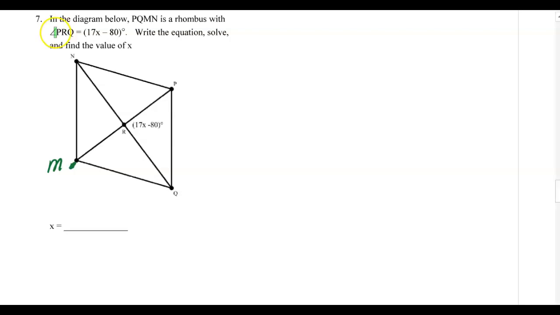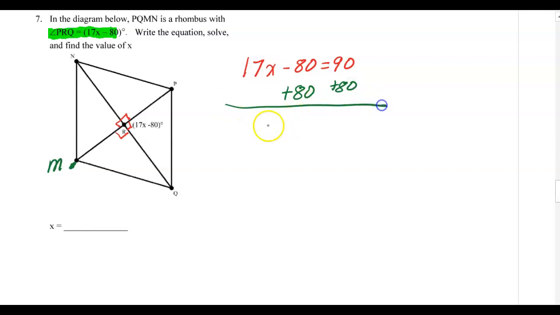In example 7, we have angle PQR is 17x minus 80. That's where the diagonals intersect, so we know all the angles where the diagonals intersect are equal to 90. So the equation would be 17x minus 80 is equal to 90. I'll add 80 to both sides, and we'll get 17x is equal to 170. We'll divide by 17, and x is equal to